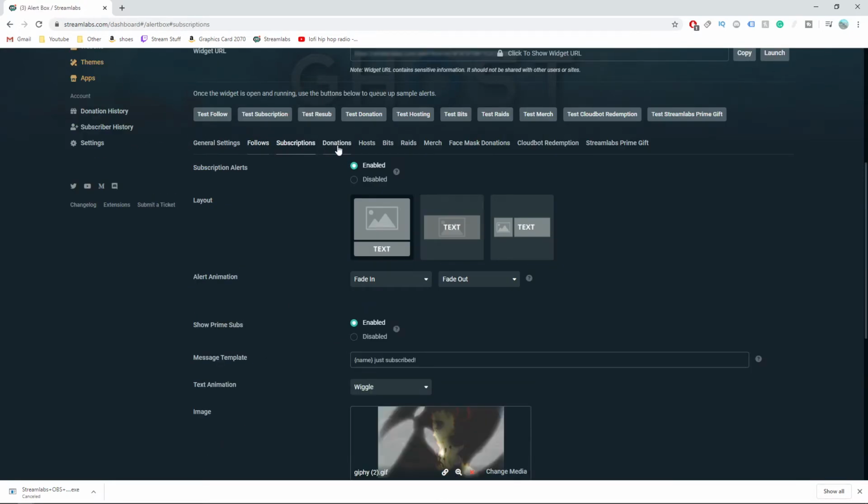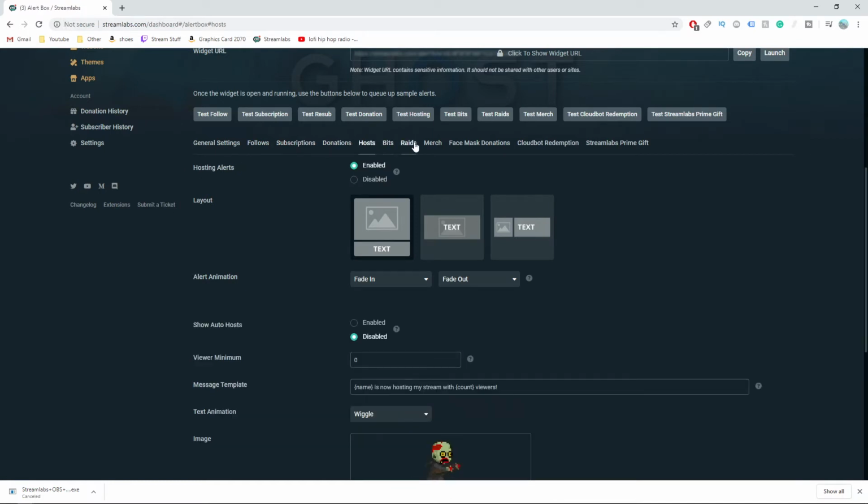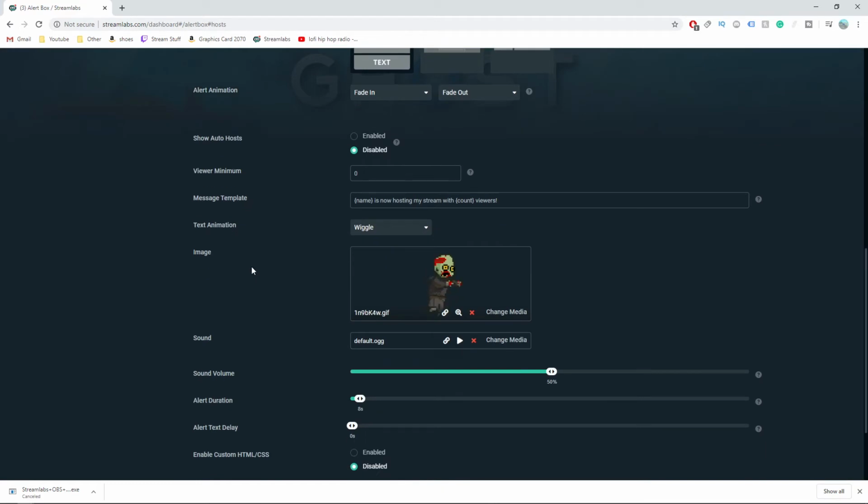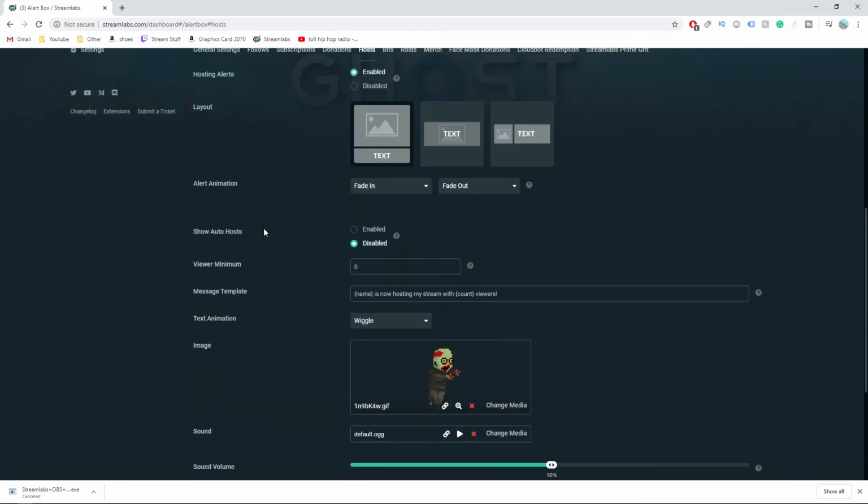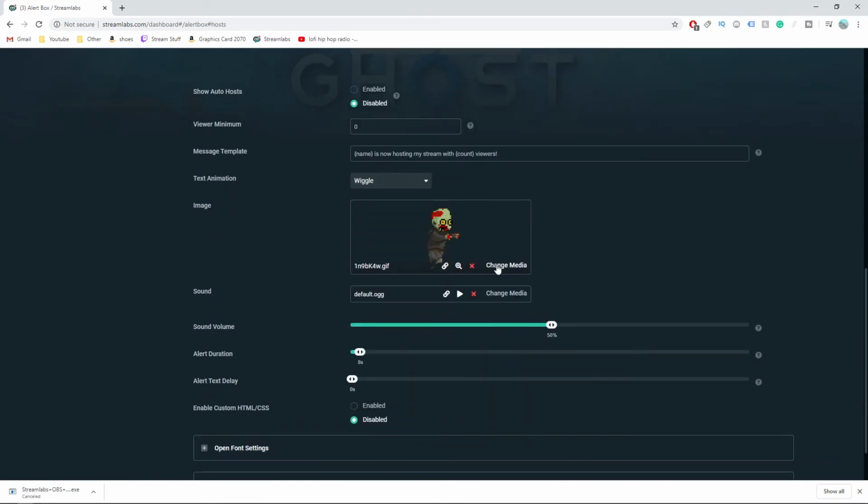And you can do that for all of the settings here. You got the host, bits, raid, etc. And if you don't have Streamlabs open, you can just press these buttons and test your things. I'm not going to press them because they're really loud, and I forgot to turn those down during recording, so I apologize. But yeah, if I wanted to change them, all I have to do is go to change media